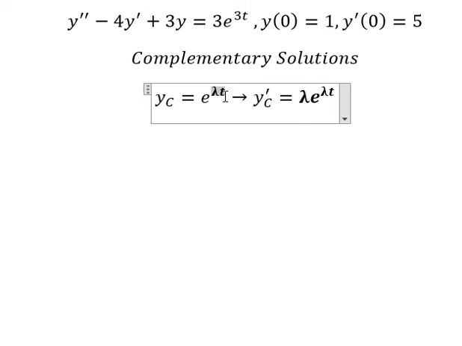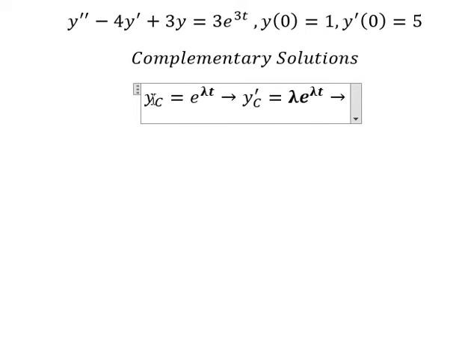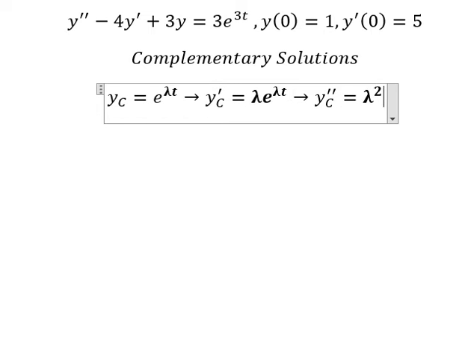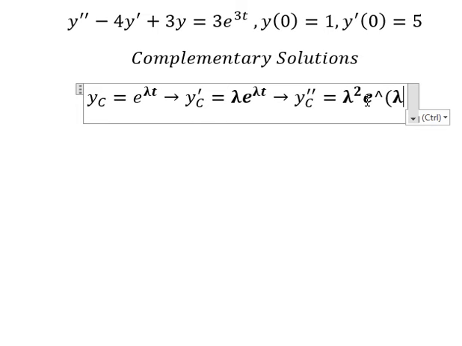Later, we do the first derivative of lambda t, you get lambda. Now we go to the second derivative of this one,